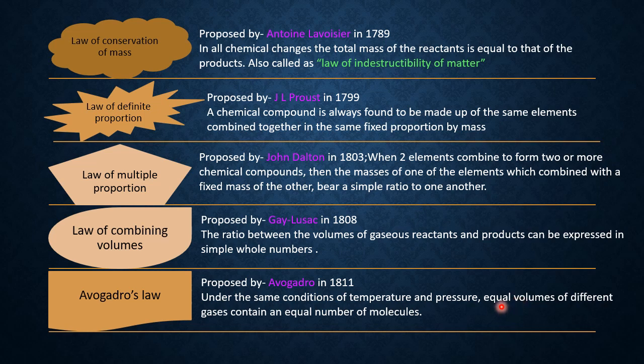In the 9th class, what we have heard is that 1 mole of any substance is made up of 6.022 into 10 to the power 23 particles of that substance. But here, in the case of gases, if you take 22.4 liters, there I said 1 mole of any substance, this is 22.4 liters of any gas. That sample is made up of 6.022 into 10 to the power 23 molecules of that gas. So Avogadro's law is expanded here for gases, right?